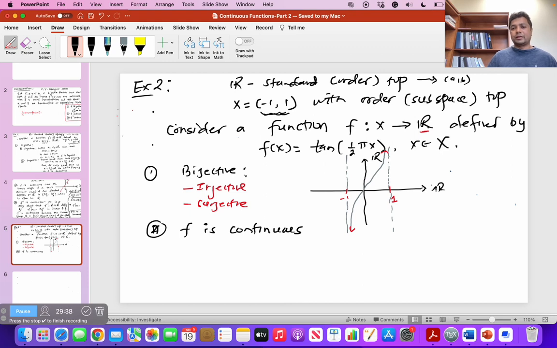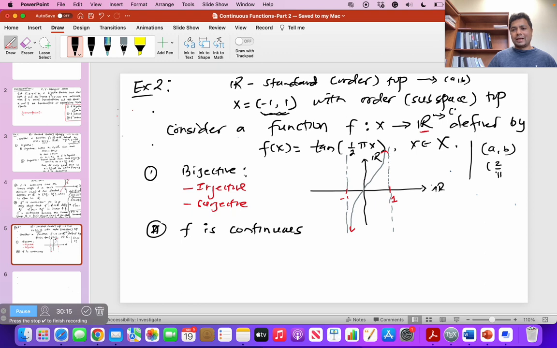We know that a function is continuous if the inverse image of each basis element is open in X. The basis elements for the standard topology on R are going to be in the form (a, b). To find the inverse image of a, you plug in a for this and solve for x. If you do that, you're going to get